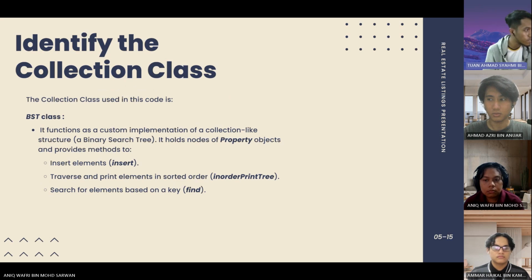So for the next part, identify the collection class. The collection class used in this code is the BST class. It functions as a custom implementation of a collection-like structure, which is a binary search tree. It holds nodes of property objects and provides methods to insert elements, which is insert, traverse and print all elements in sorted order, which is inOrderPrintTree, and search for elements based on a key, which is find. Okay, for the next slide,